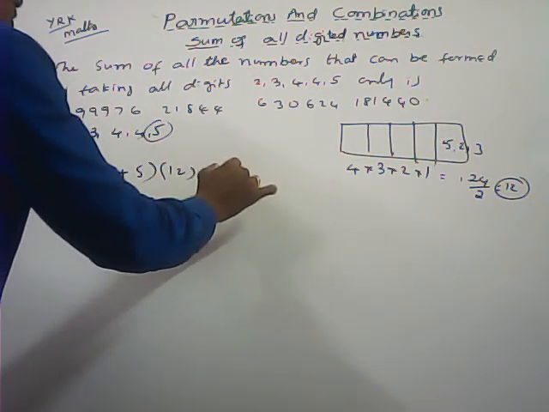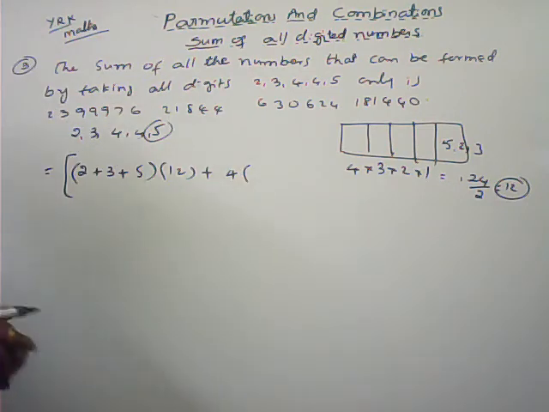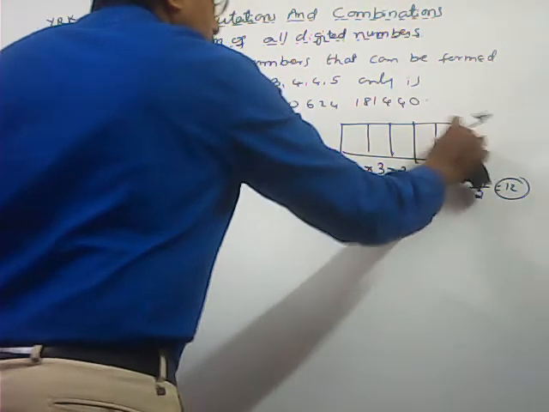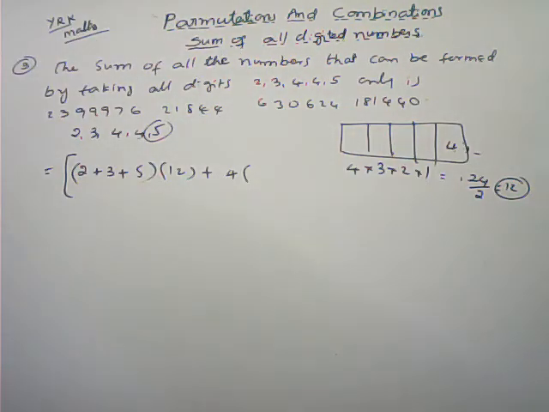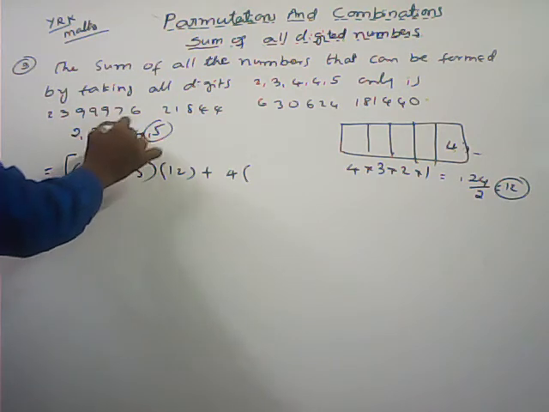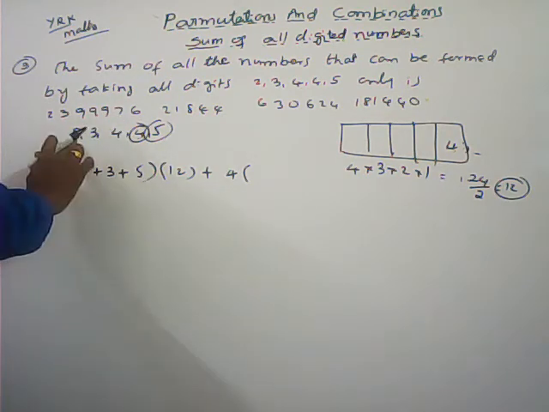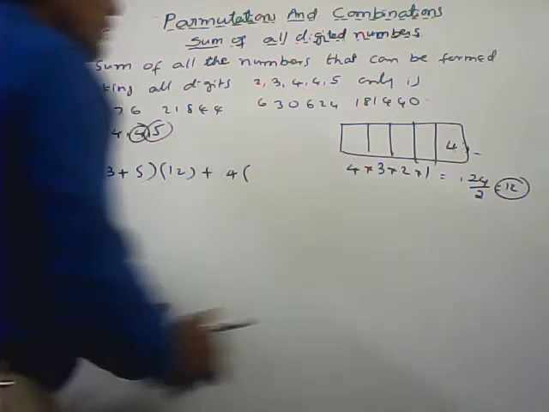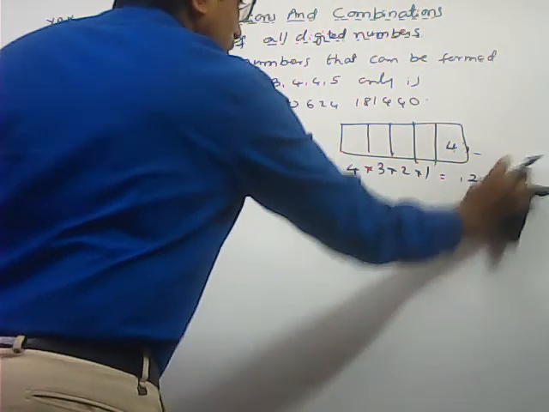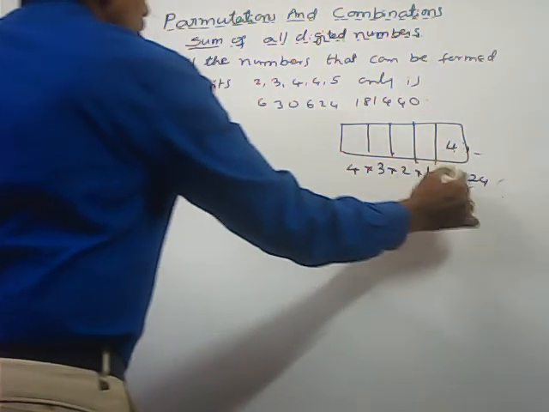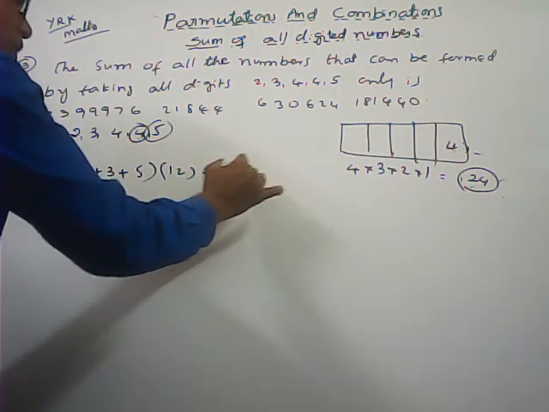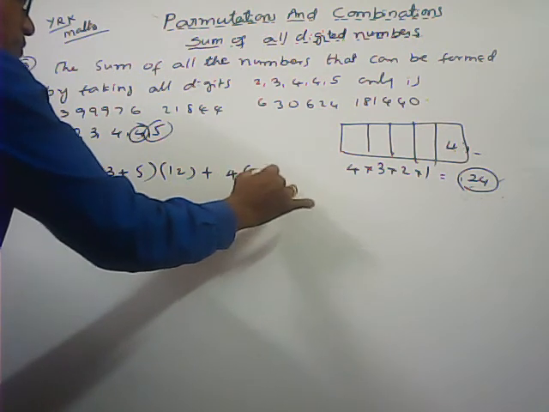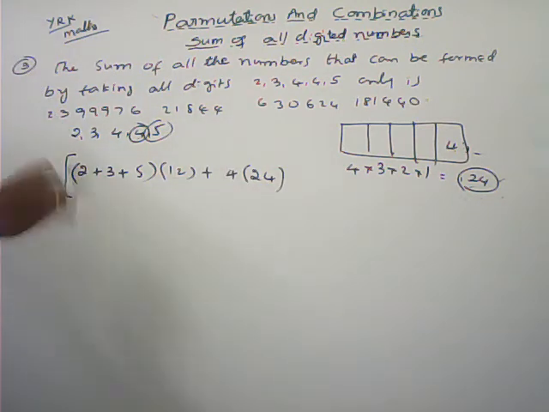Plus, one more thing also there. What about the position of the 4? How many times is it repeating? For example, if I keep a 4 here, so one 4 is fixed. The remaining 4 are all different only. Now here you can see 4 into 3 into 2 into 1. Here we can get it 24 times. Whatever be the position, in everywhere 4 repeats 24 times. But here everything else repeats 12 times only.